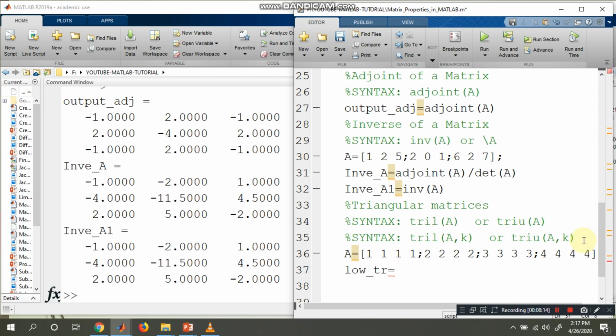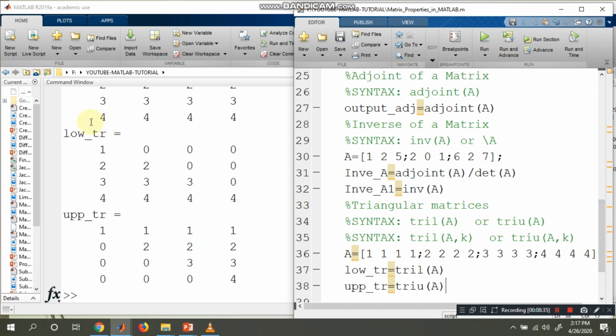The syntax for lower triangular is TRIL of A, and for upper triangular, it is TRIU of A. Now once we execute, let us see what it shows.